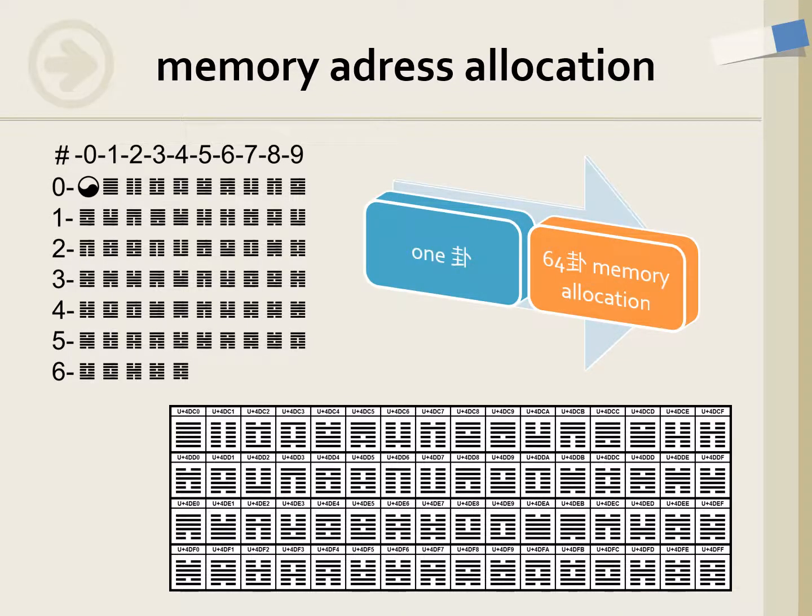This is the 64 GUA hexagrams. Each hexagram has its code number in the Unicode system. When the Unicode was first developed, the developers must allocate the addresses of all 64 hexagrams together. It works as a coordinate axis. If there were missing hexagrams in the middle of the axis, the position must be conserved. Otherwise, the whole system would collapse.